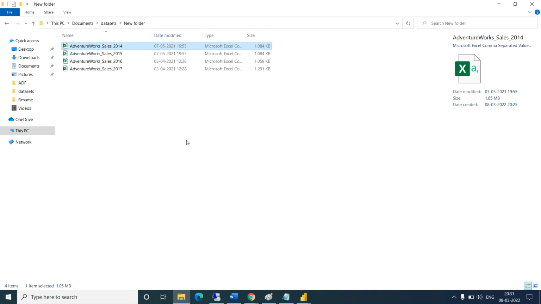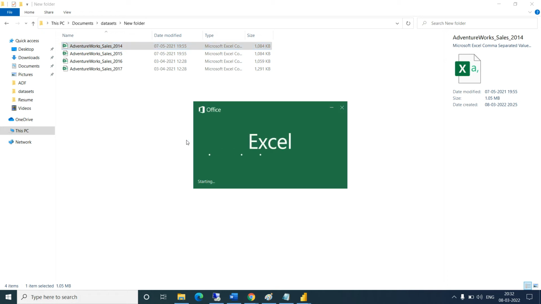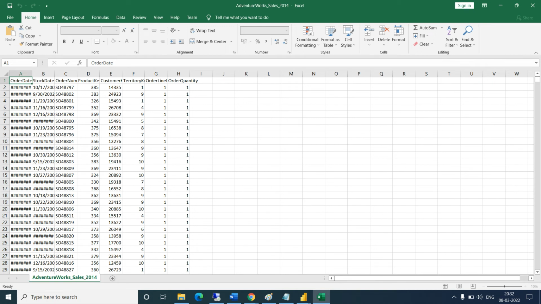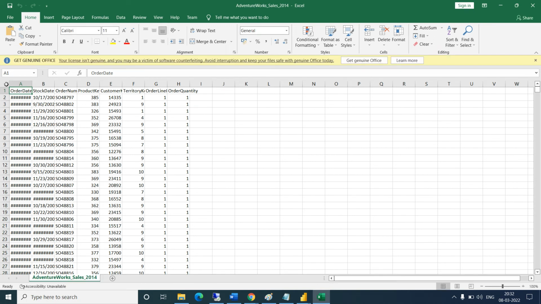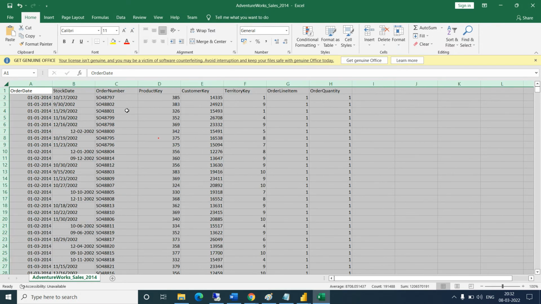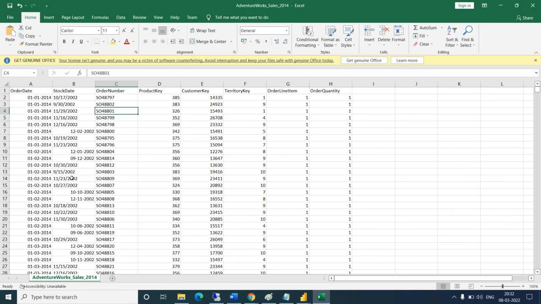Let me open this. You can see what columns are available in this file. Only dates are changed for 2014 data.